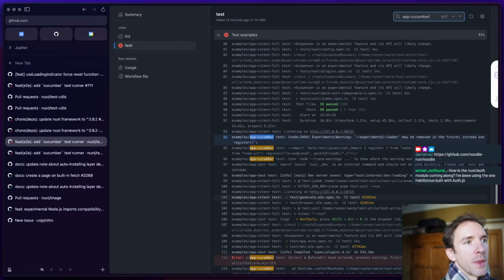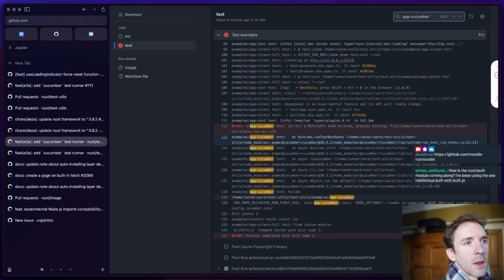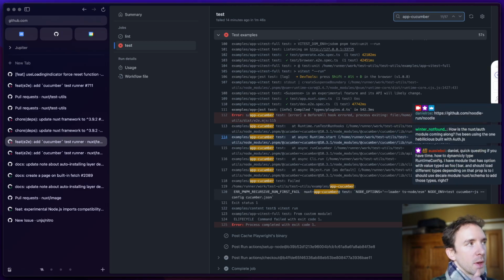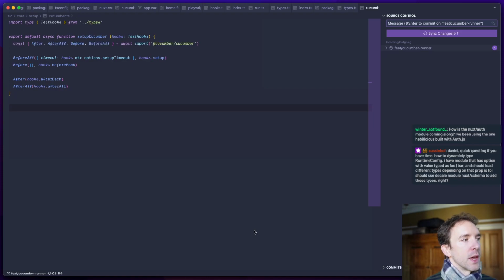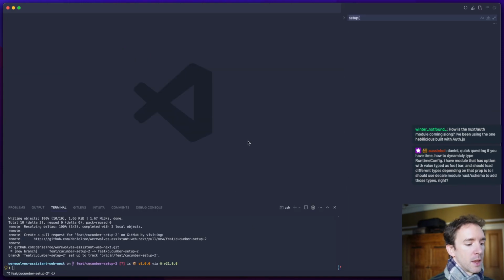Oh, it's something to do with the fact that it's being run in CI, I think. Yes, Aussie boy, you should do that, or you can do that. We have a test actually in the Nuxt repo where we manually type runtime config, and you would basically see it